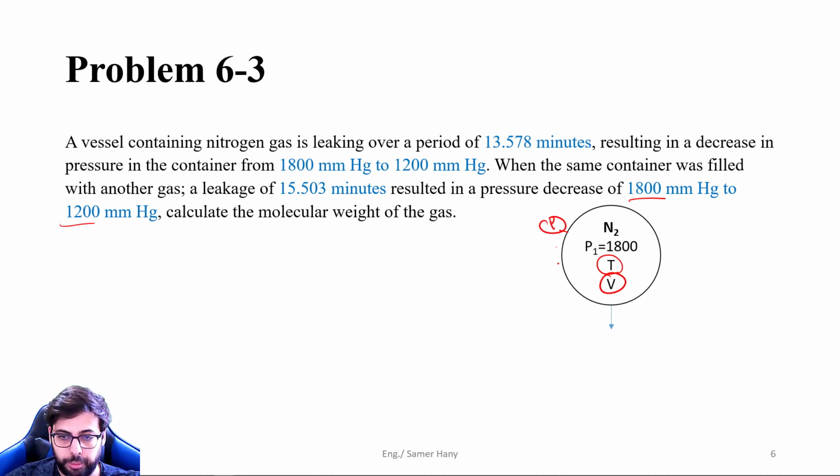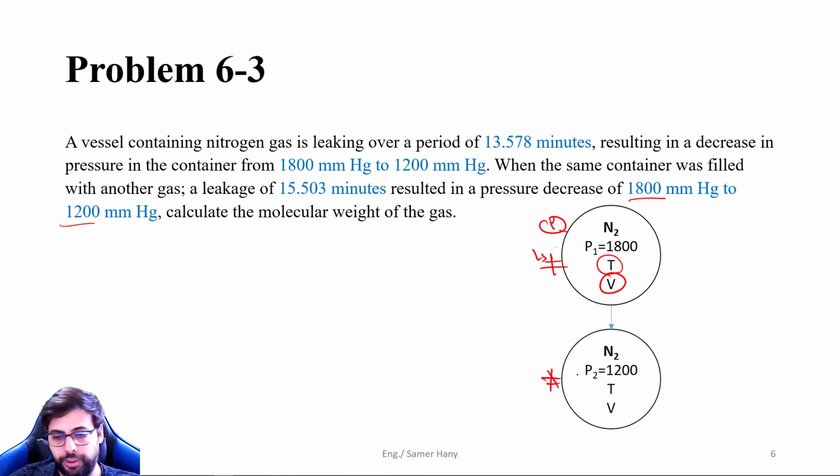We might have a valve in here to release some gas, so we will open this valve and then measure the time on a stopwatch for the pressure to decrease from 1800 to 1200, and then we'll just close that valve again. Okay. And that time of diffusion will be the time of diffusion for a certain number of